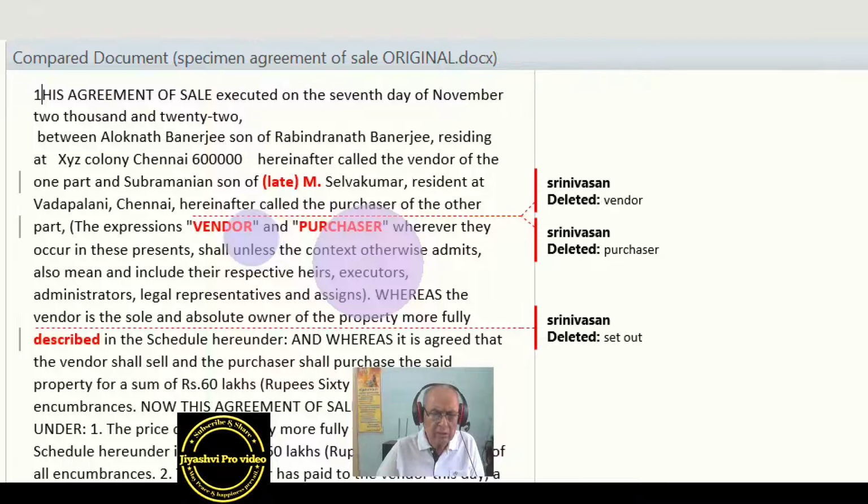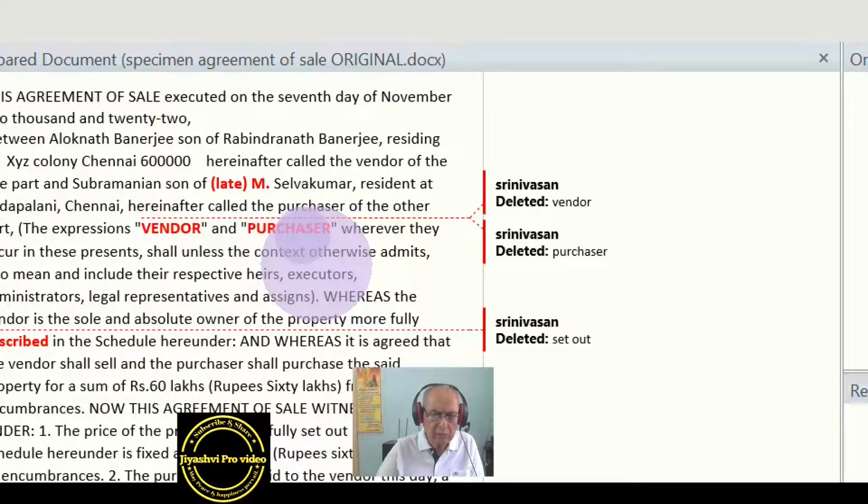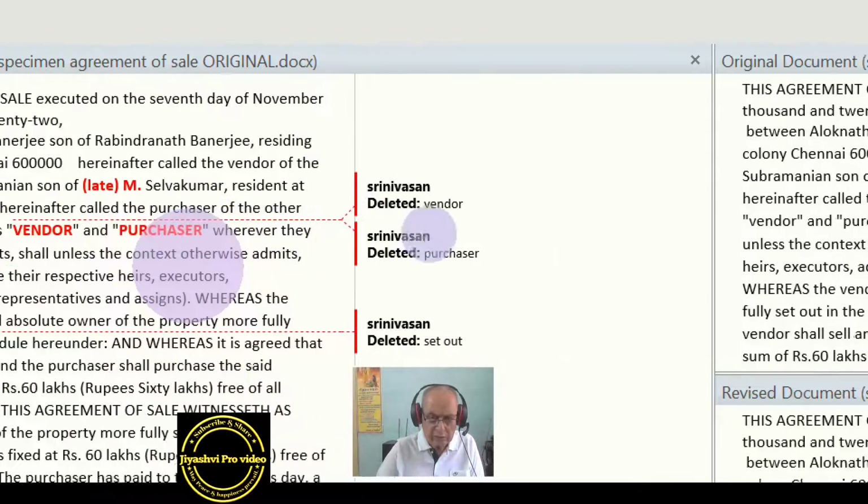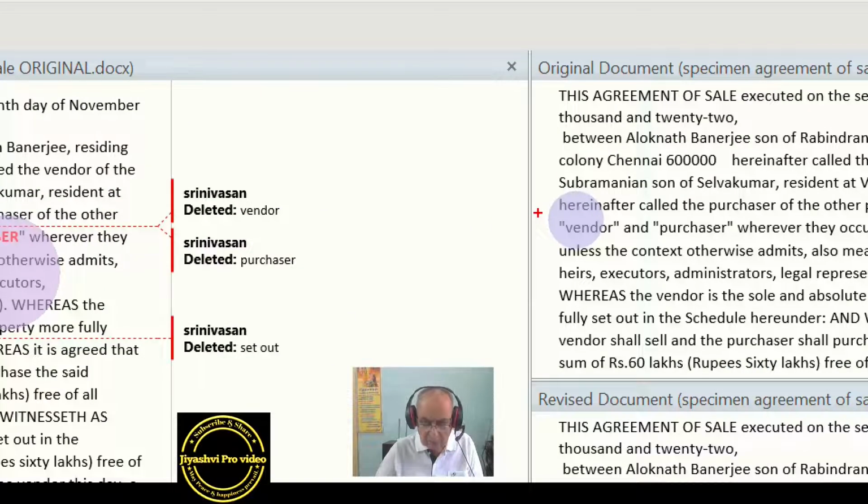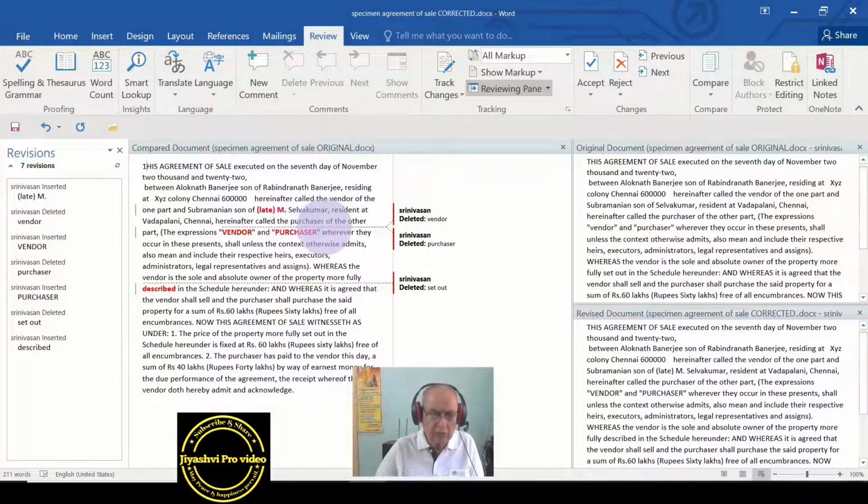And here vendor and purchaser are in capitals in the corrected statement. Vendor and purchaser are in lowercase letters here. That has been changed in capital letters here. And then another correction made here,